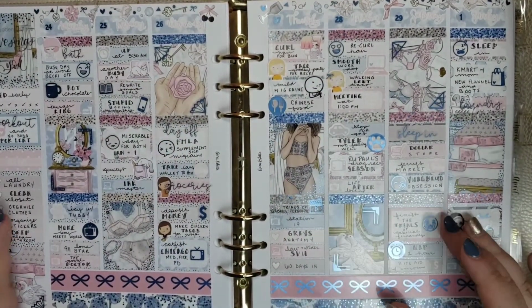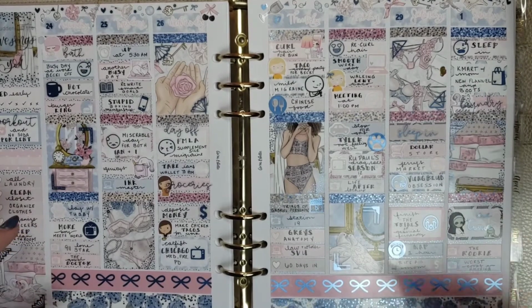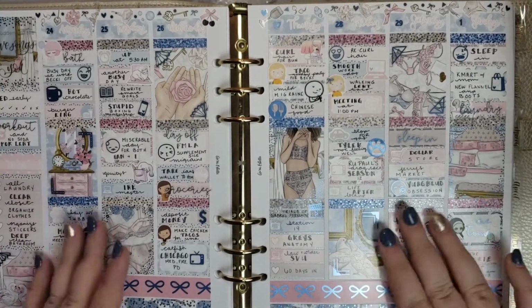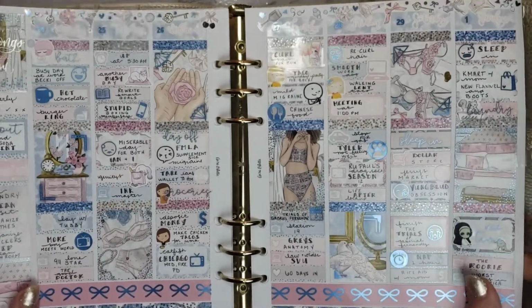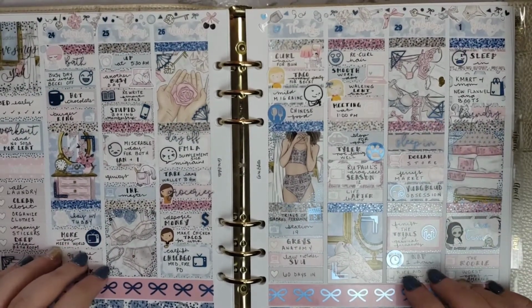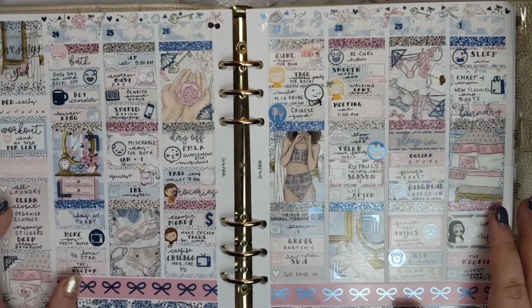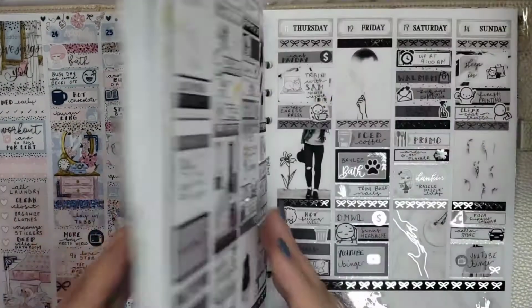Again, this is still my planning style now, where I usually do 6 to 8 things per day listed here. So this is still what I do. And I'm obsessed with how this kit turned out. Then my next one is